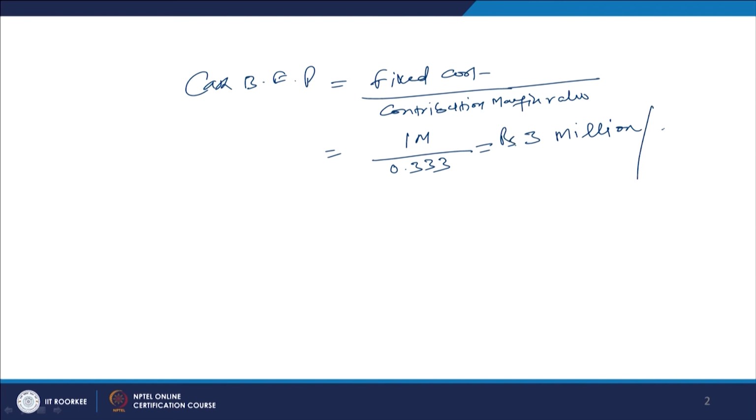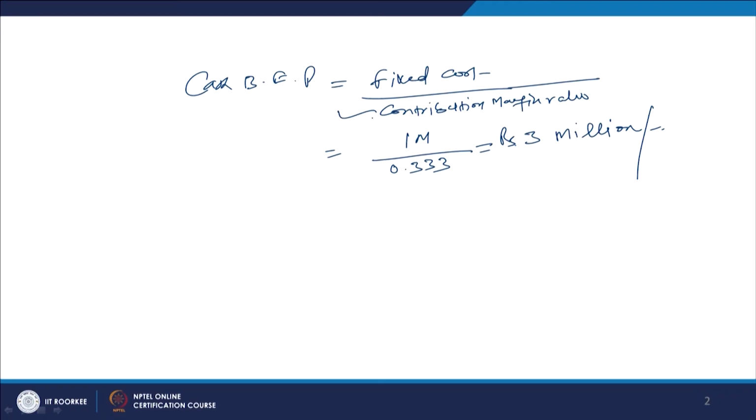So, if you want to calculate the cash break even point and you want to recover only the fixed cost other than the depreciation, which is only 1/3 of the total fixed cost, because 2/3 is the depreciation, 1/3 is the fixed cost. So, if you want to calculate the cash break even point, recovering this, because in the contribution margin the variable cost is already recovered. So, how do you calculate the contribution? Sales minus variable cost, right. So, we have already calculated this ratio, and in this contribution margin variable cost has already been taken care of,